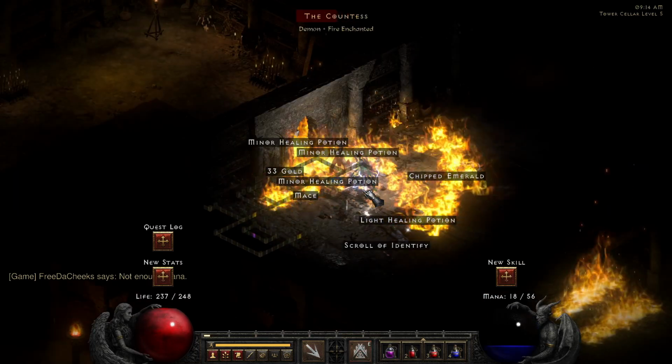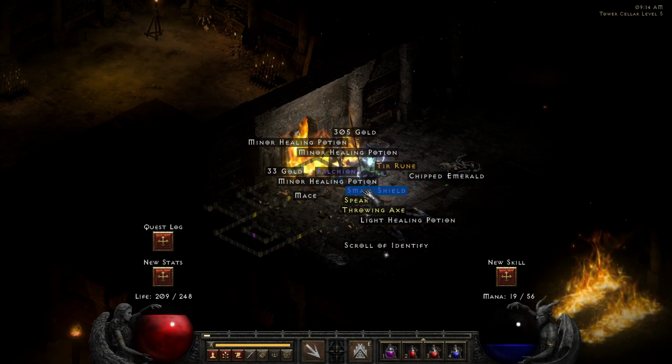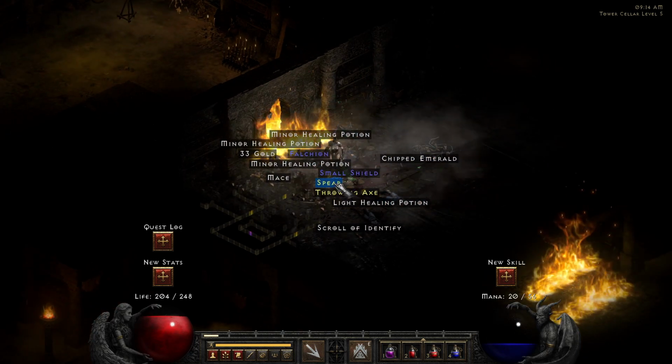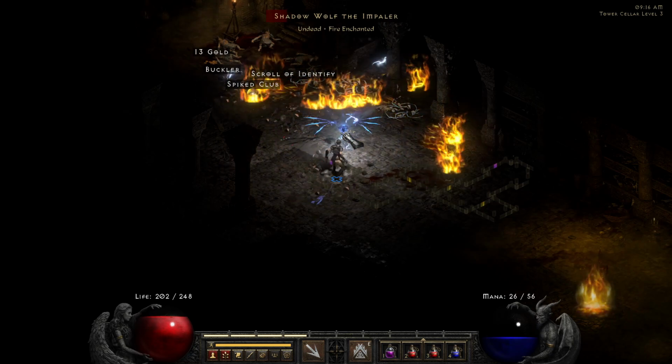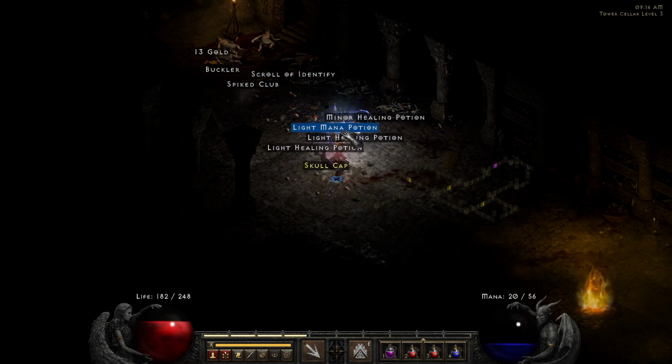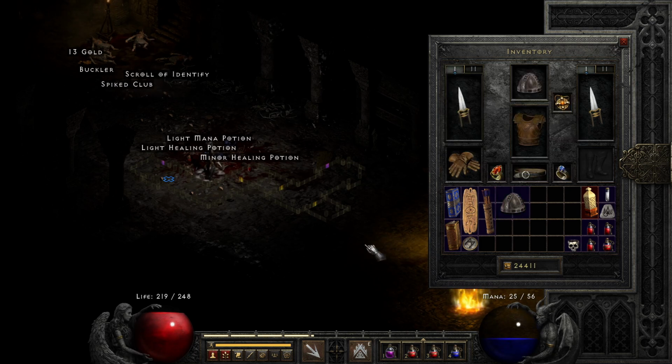I'm going to farm the Countess until I get the runes for Stealth and maybe the runes for Leaf. Here I get a Tir rune, which is part of the rune word for Leaf. While farming Countess, another rare skull cap drops. It's not as good as my current cap, but it may be useful against Andariel, so I'll save it for